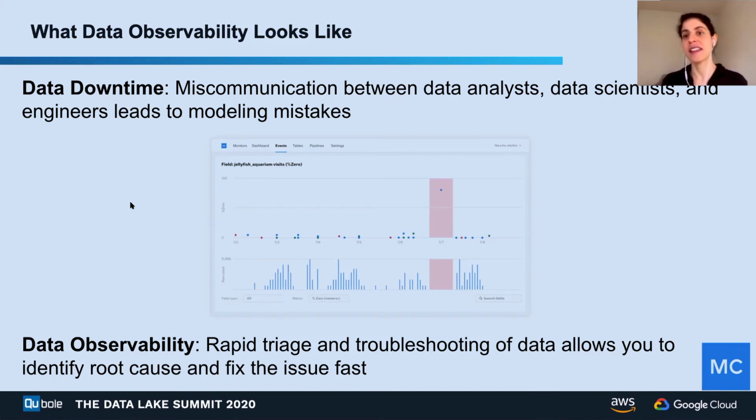So you could quickly identify who's responsible, who's the right person to own the fix and to backfill the data very quickly if needed. This rapid triage and troubleshooting allows you to spend way less time on data downtime and way more time on the revenue generating activities that you probably want to work on.